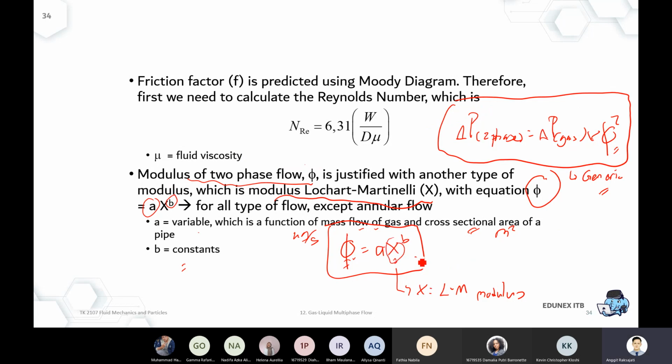You still get the X coming from the delta P ratio, right? But if the pipeline vendor instead provides you the A and B instead of the C, then simply use this correlation. It's just a different expression. Okay, so A and B will be given, right, sir? Yes, A and B will be given because this is very specific for your pipeline: the material of your pipeline, the diameter, the roughness. Of course, it will affect the pressure drop in the pipeline.